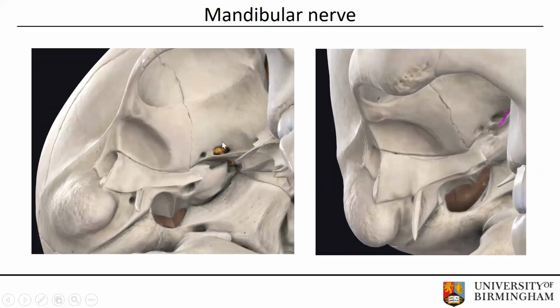The same view here on the left side with the mandibular nerve at the foramen ovale, and here on the right side we can see this motor root, which is this one here on the left, that passes medial to the trigeminal ganglion in the cranial cavity, and then passes through the foramen ovale and immediately joins the sensory part of the